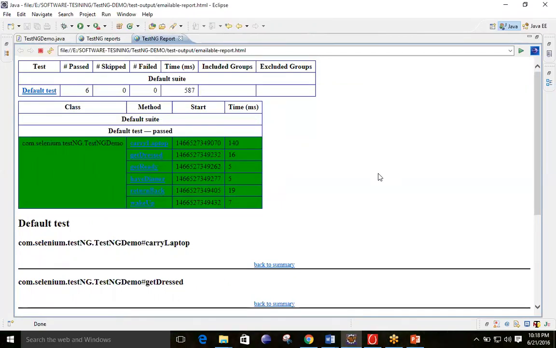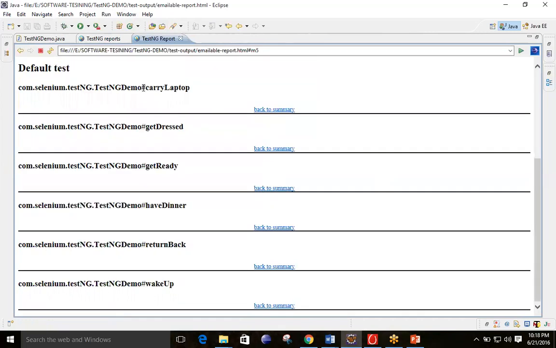No, the answer is no. These outputs are with the help of TestNG. You can see the TestNG report. It is telling 6 passed, 0 skipped, 0 failed. Total time it has taken is 582 milliseconds. And here you can see the names of the classes also. If you click on this one, it will give you the name of the class and the test case details.